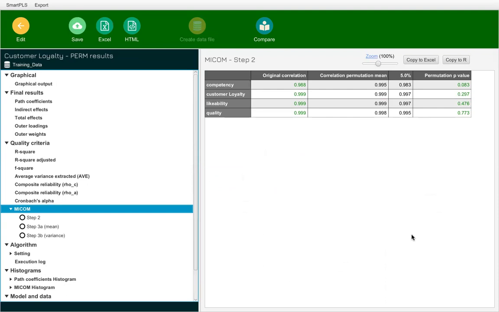The criteria here is that we expect the permutation p-values to be greater than 0.05. Remember, when we are testing hypotheses, we expect the p-value to be less. But please get the conditions. In this test, we expect the permutation p-values to be greater than 0.05.